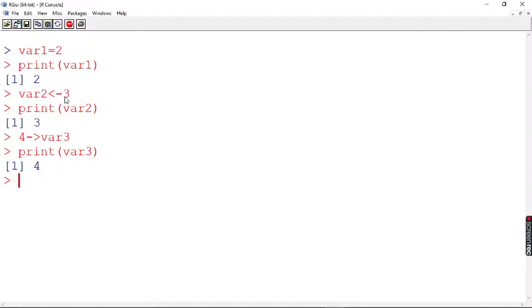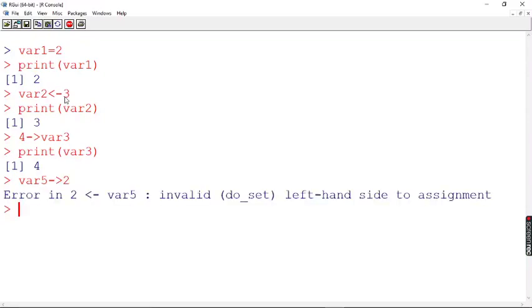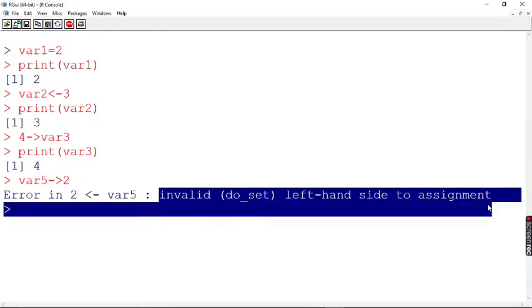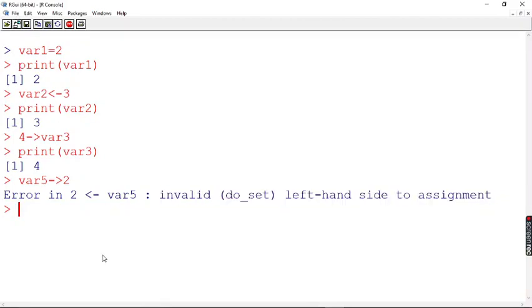Suppose I do it the other way. Suppose I say here variable sum 5, and I use a rightward arrow like this and give the value 2. You will get an error. See, it is saying invalid (do_set) left-hand side to assignment. On seeing the error, you should be able to understand that you have used the wrong arrow.